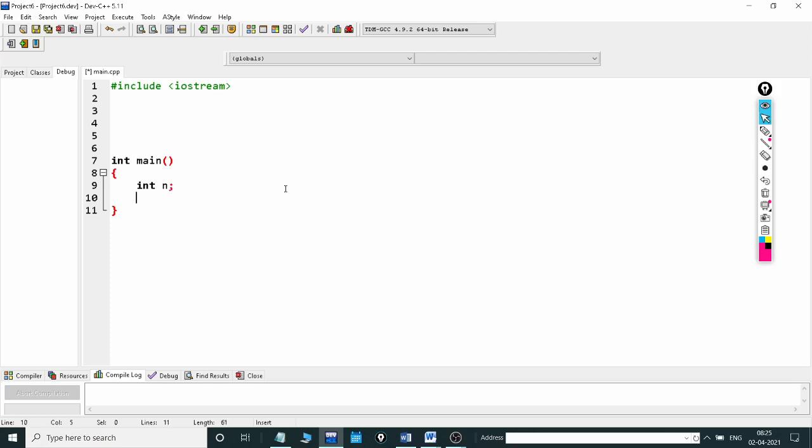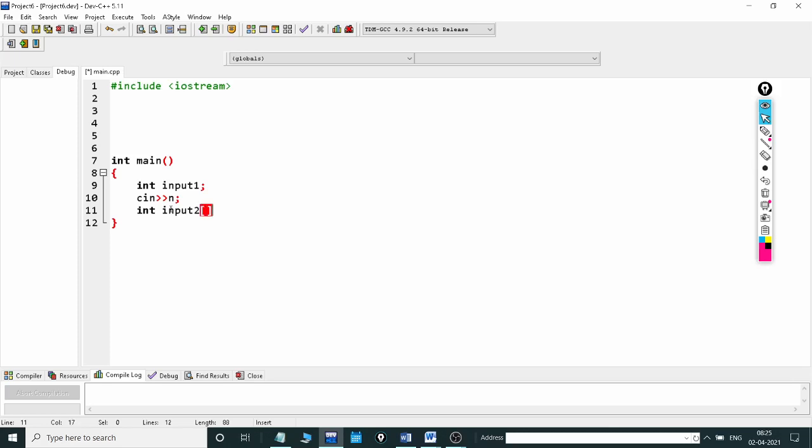Then I enter n in the console and store that value in n. Then I need to declare the array. They have given input 1 and input 2, so I just treat n as input 1, the number of elements, and the array as input 2.